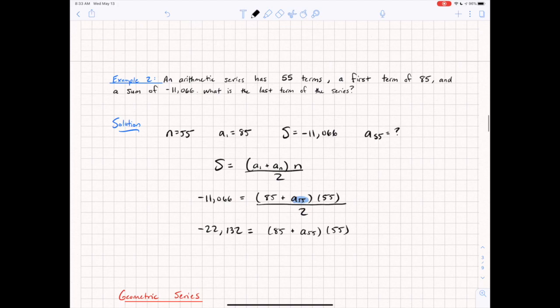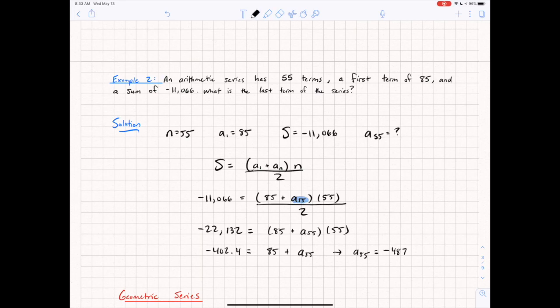Divide 55 on both sides. I would get negative 402.4. This is equal to 85 plus A 55. Subtract 85, and we get that last term has to be negative